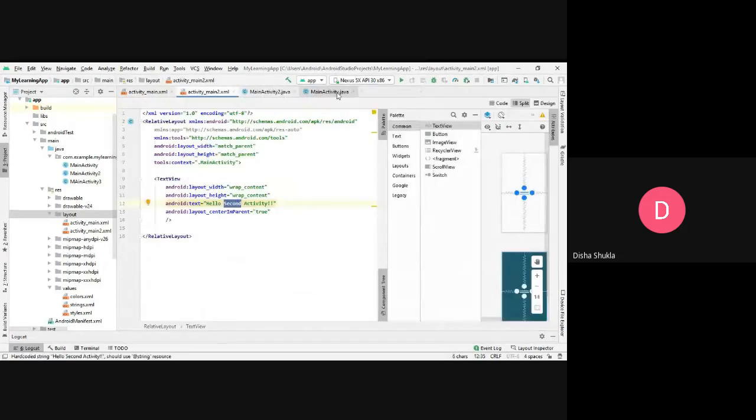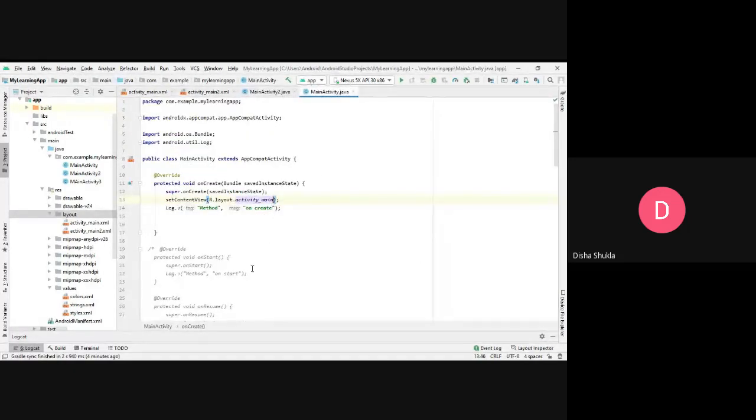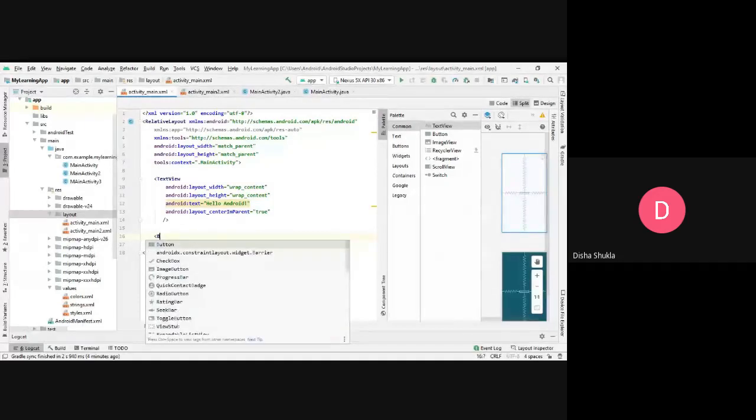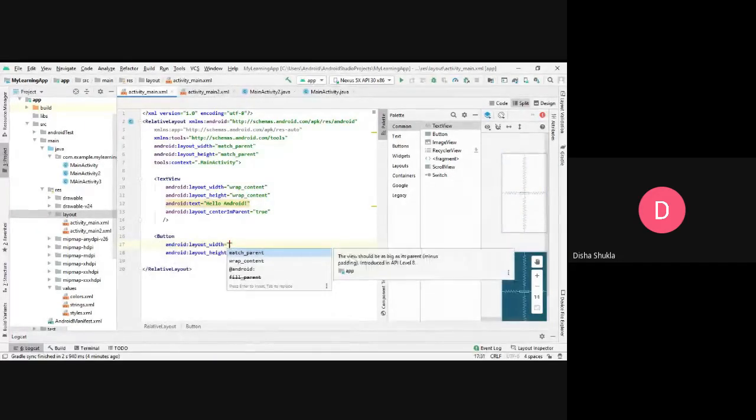So we were in main activity 1, and from main activity 1 we want to go to main activity 2. But for that we need some kind of event to occur so that we can go to the second activity. So we just simply put a button over here, and by clicking on that button we'll go to the other activity. Say for example, I am putting a button here. Now here two things are very important to be learned.